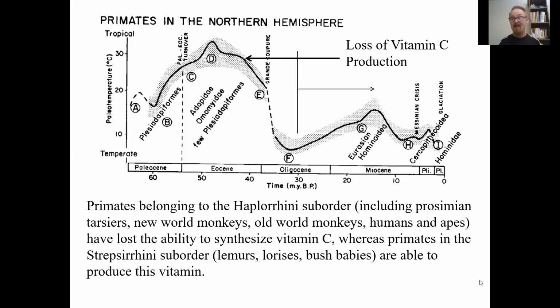Whereas the other group, remember the adapoids that gave rise to the strepsirrhines? Remember, they were eating a lot of leaves, right? A lot of leaves, not a lot of fruits within their diet. That meant that they kept having to produce their own vitamin C. So they never lost that ability. Today, they don't have to take supplementary vitamin C or eat fruits with ascorbic acid because they can make